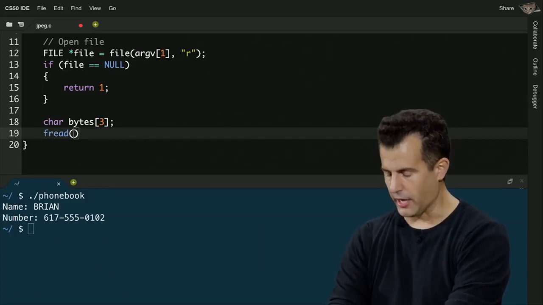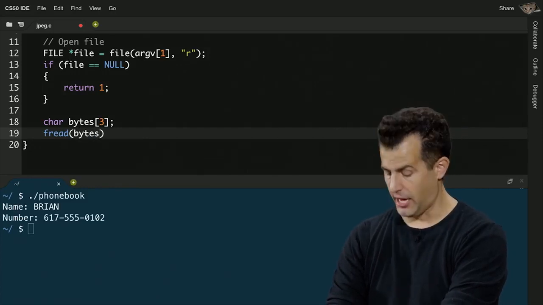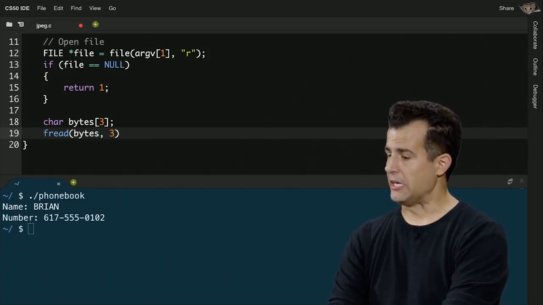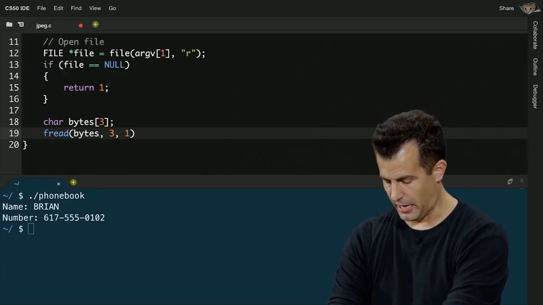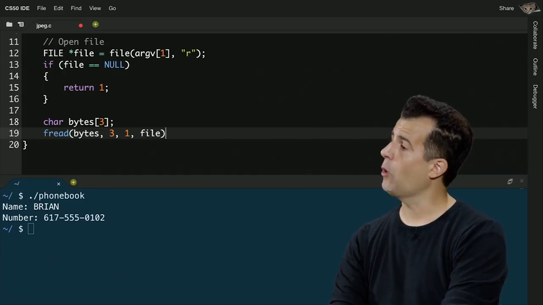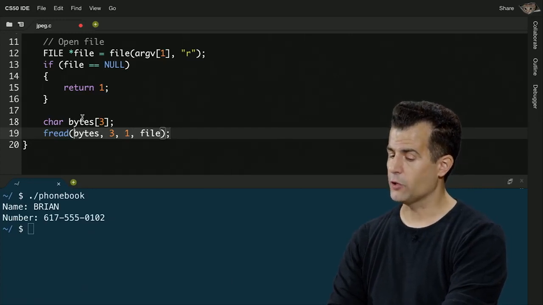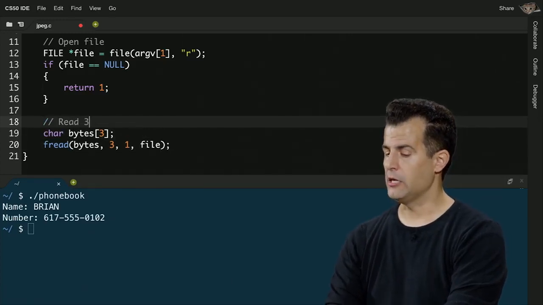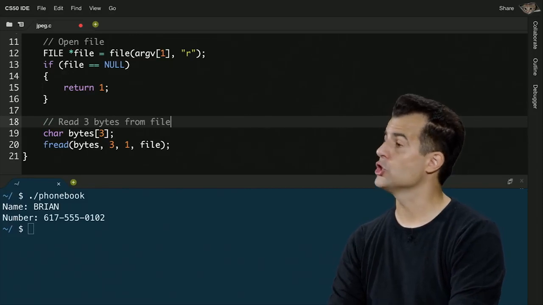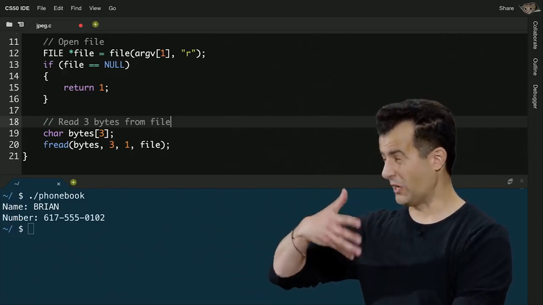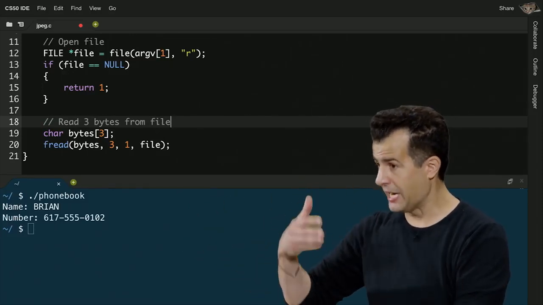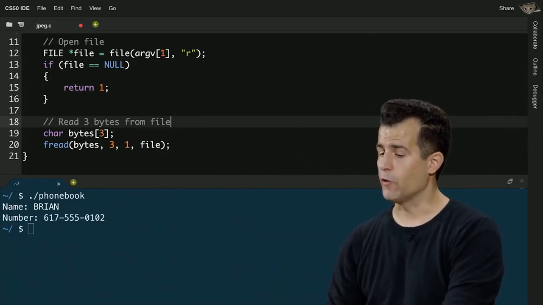So this is deliberately quick. I pass in as arguments the array, the number of bytes I want to read, how many times I want to read those bytes, and then the file from which I want to read those bytes. So that was a mouthful. But collectively, these two lines of code read 3 bytes from file. It just literally reads the first 24 bits, or 3 bytes, each of which is 8 bits, from the file.